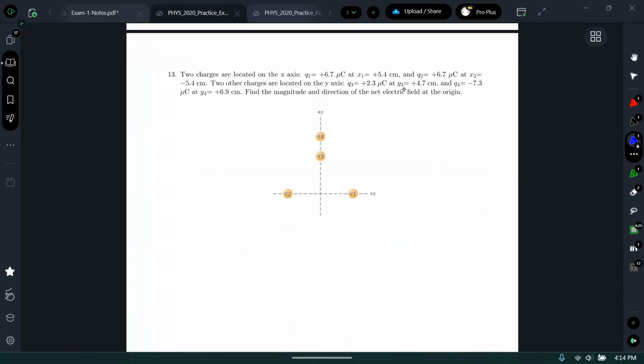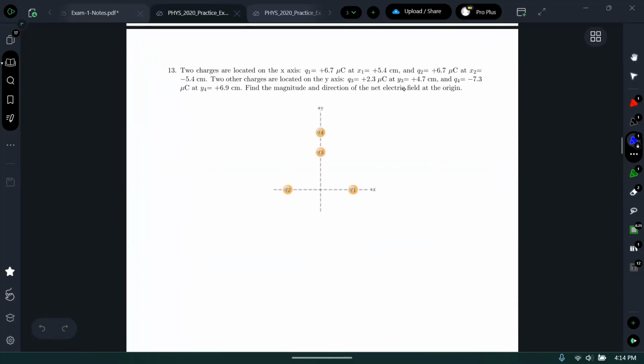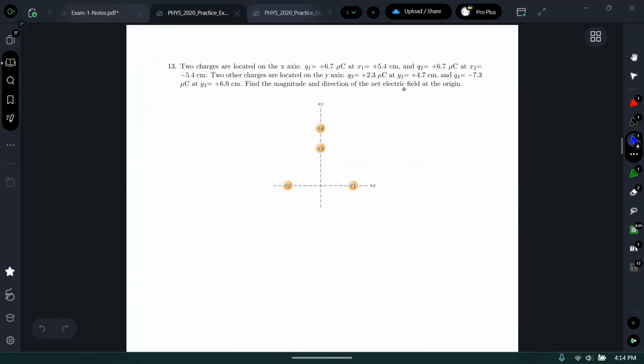Two charges are located on the x-axis. We have Q1, okay, it is labeled right. Sometimes I transfer these over and I mislabel things. I was a bit worried I did that here. So Q1 is 6.7 times 10 to the negative 6 coulombs, and it is at 5.4 centimeters, 5.4 times 10 to the negative 2 meters. Q2